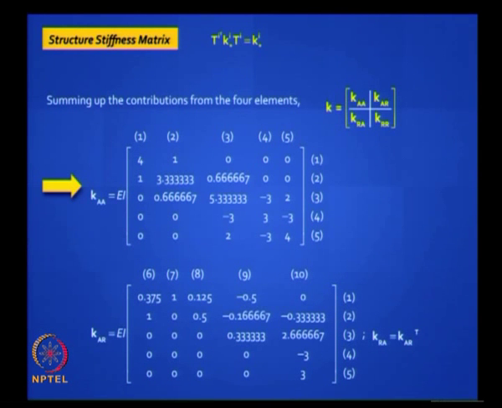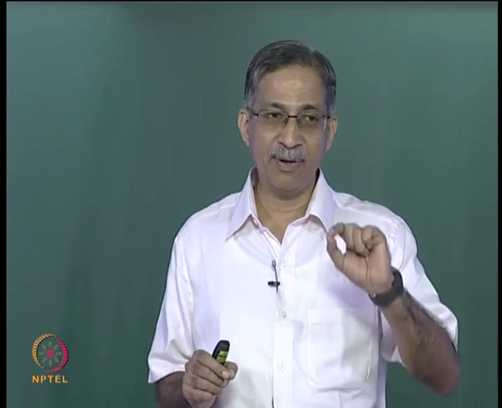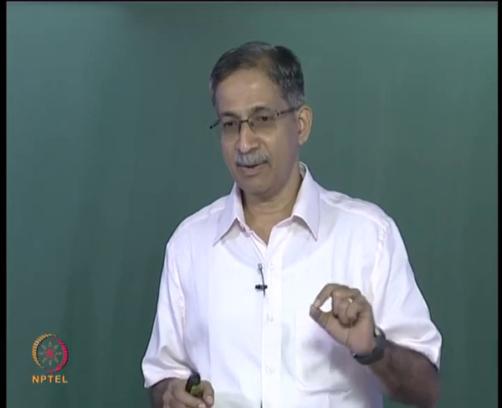So we can get KAA, we can get KAR, actually you should generate it fully and then check to see if KAR and KRA are the transpose of each other. Do not assume anything, because one may be wrong somewhere. Invariably when you do it manually, you will miss out a negative sign here and there, and you need to sort it out. But if you are programming it, you can't go wrong. So human errors are less likely if you have got a well tested algorithm. So you have KRR also.